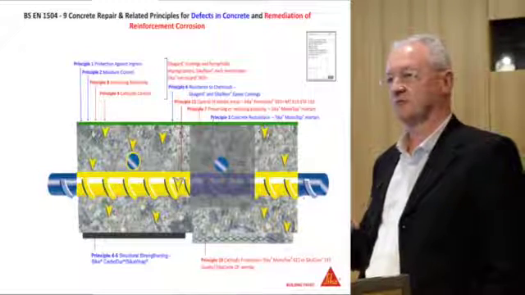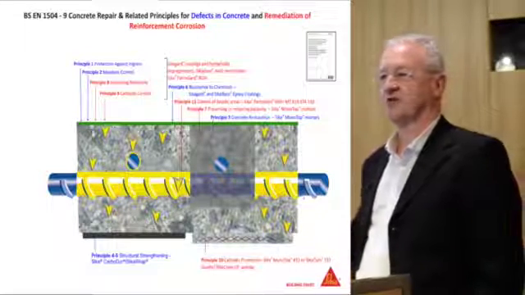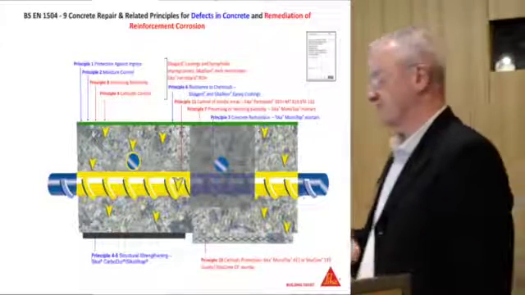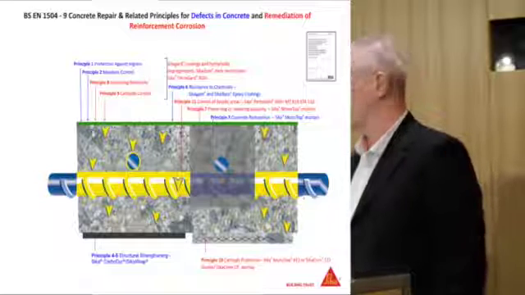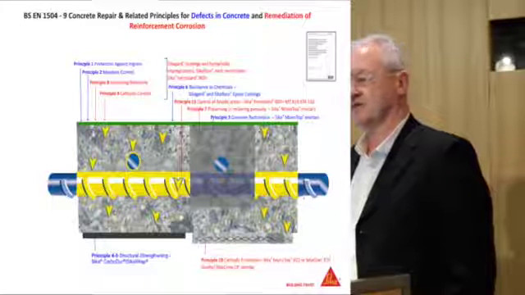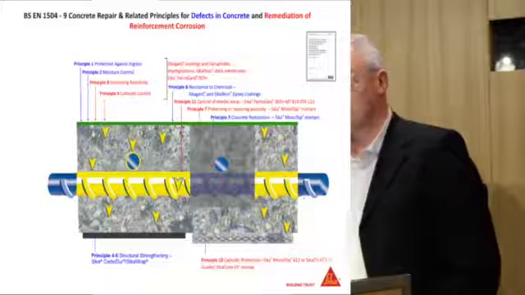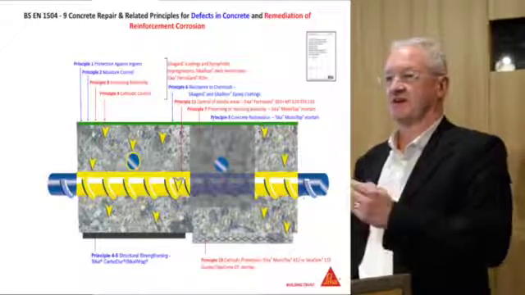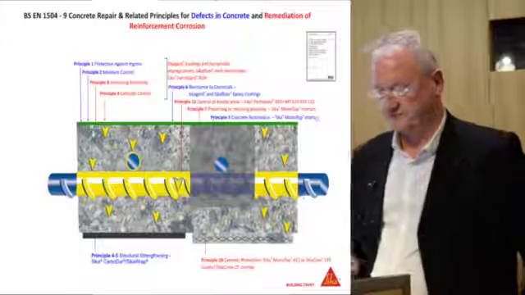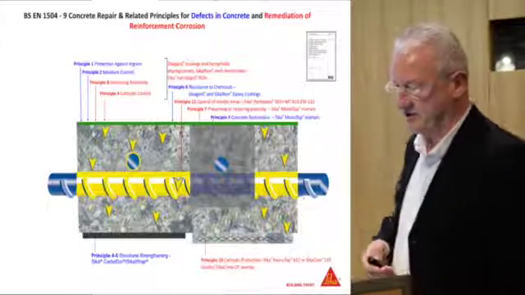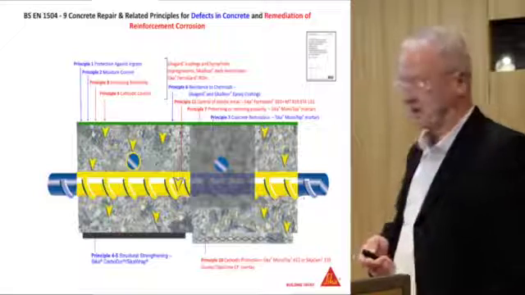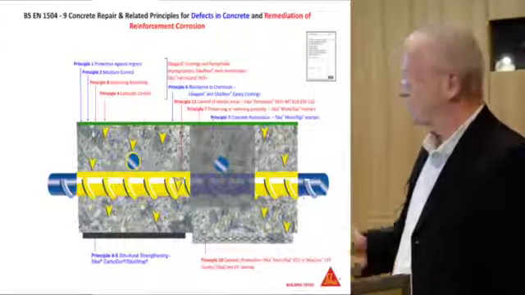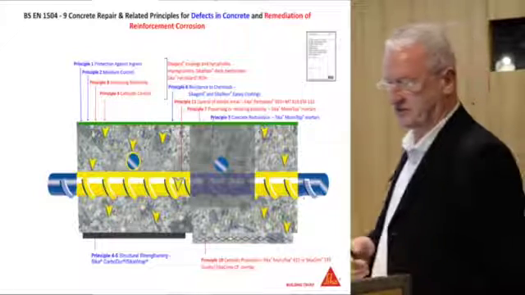we know what this problem is and the chemicals used, we can apply the appropriate coating system. Because we do get involved in quite a few processes, nuclear power stations as well, where they need quite high chemically resistant coating, so the repair is a completely different type, and the principles are the same, it's what coating do you put over the top. And then we've got preserving or restoring passivity with the repair mortars, and of course that happens at this point here. And then we've got increasing resistivity,